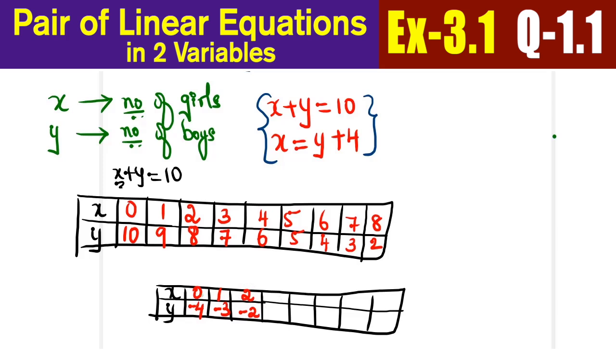I understand that for every increase in the value of x, the y is also getting increased. So let's start doing it. So x is equal to 3 means y is minus 1. X is equal to 4, y is equal to 0. X is equal to 5, y is equal to 1. X is equal to 6, y is equal to 2. X is equal to 7, y is equal to 3. X is equal to 8 means y is going to be 4, and so on. So I have stopped with enough data points for these two equations.